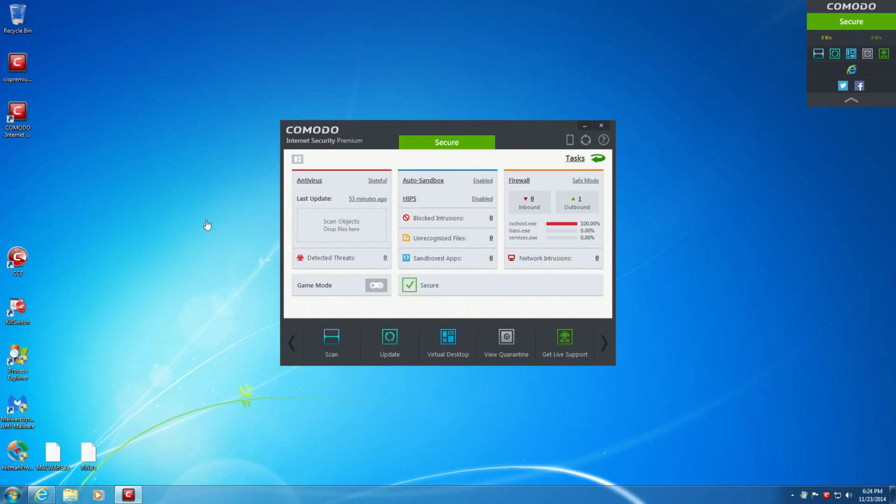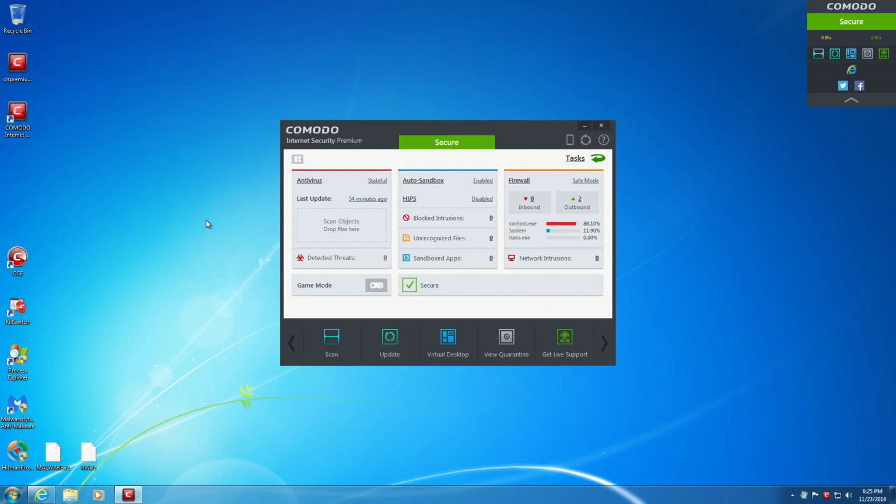Welcome everyone to another review, and in today's review we're going to be taking a look at Comodo Internet Security version 8. Well, for those of you who watched my beta video on this, it didn't perform as well as I'd hoped it would, and I'm actually kind of worried to see how this test is going to go, and that's kind of why I'm doing it today, because I have version 8 running on my computer right now, but I want to know if I made a mistake and if I should go back to version 7 or find some other security program,